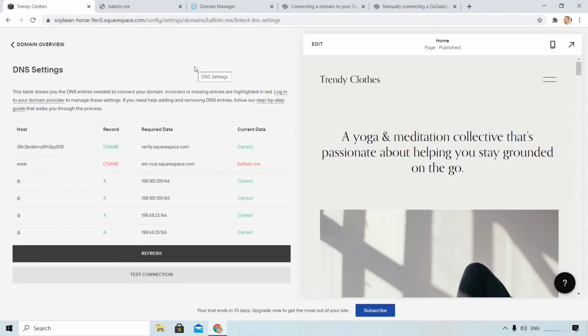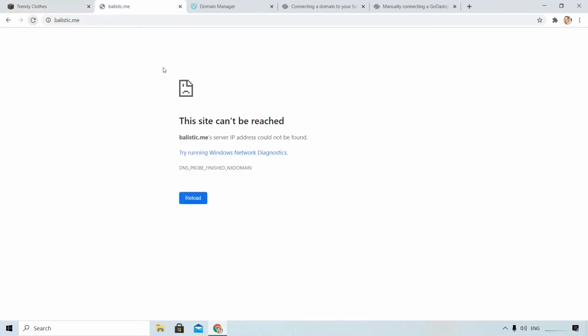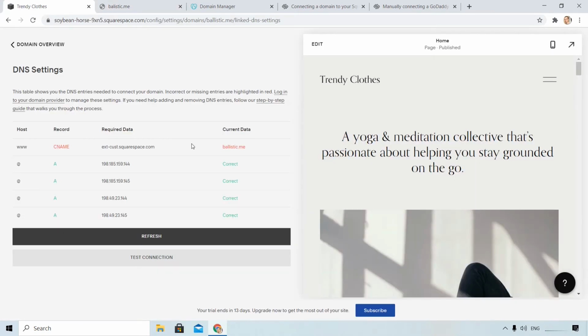The site will be connected properly within 24 hours, but sometimes it can take up to 72 hours. So if 72 hours have passed and these records are not green and you can't visit your site, then you can try to connect it manually.